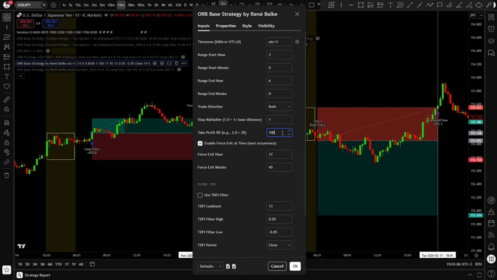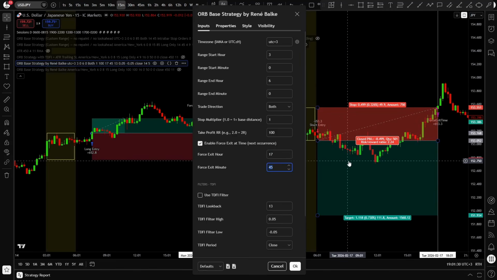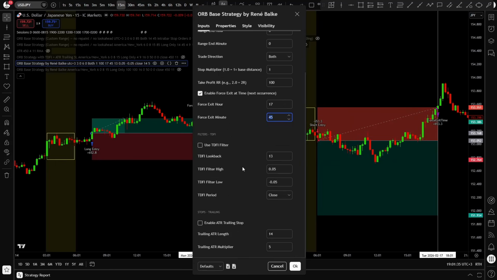Now in this case I set 100, so the take profit is never going to be reached, so technically we are leaving open the take profit level. I enable the force exit at 17:45, and that's because the script will wait for the close of the 17:45 candle, and after the close it will exit at the next candle's open, which is the 6 p.m. candle. And you will also have the two edit filters, the TDFI and the AItrading stop loss,